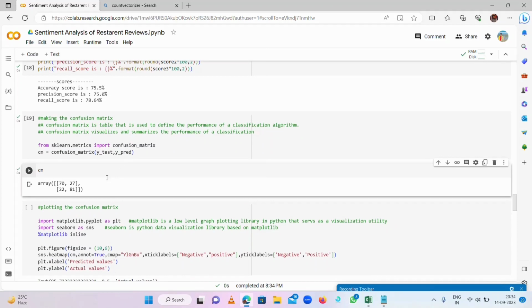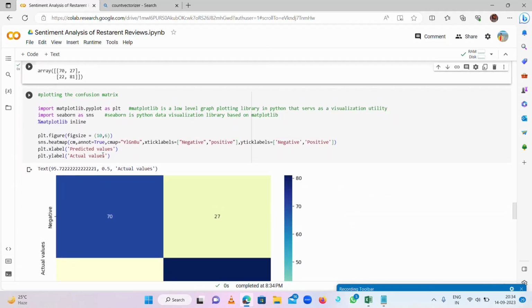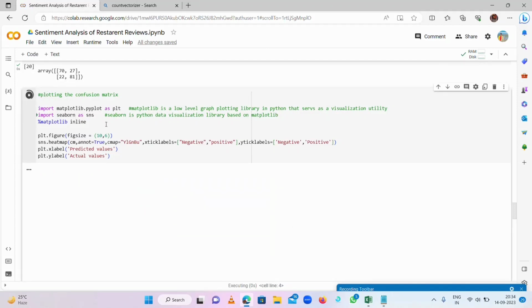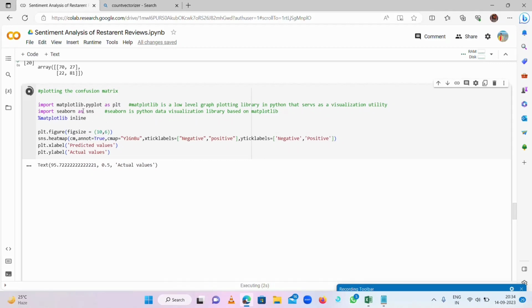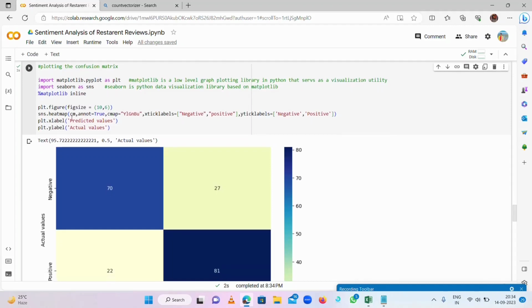And we will plot the restaurant review values, how they vary, by using matplotlib and seaborn libraries. For that I have imported matplotlib and seaborn, and I chose a figure size of 10 comma 6, and by using a heat map I have